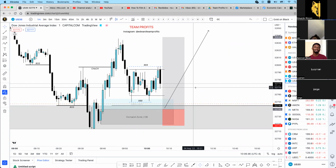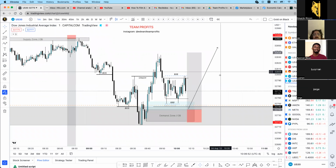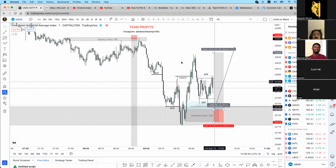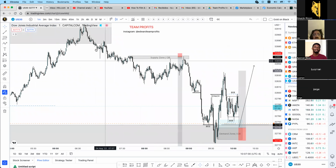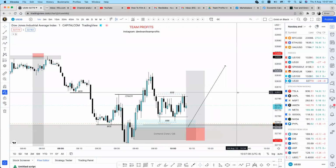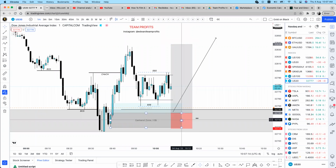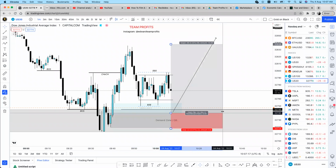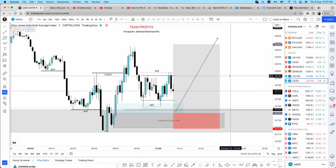So this thing will go, as we're showing right now on a 1 minute, it's definitely looking for a bullish reversal. So you see 1 minute is going down, touching a 5-minute order block. That's the first order block right here. Now, second formation order block on a 1 minute time frame is this one. So let's see. It's moving slow. I don't want to make this video too long, but